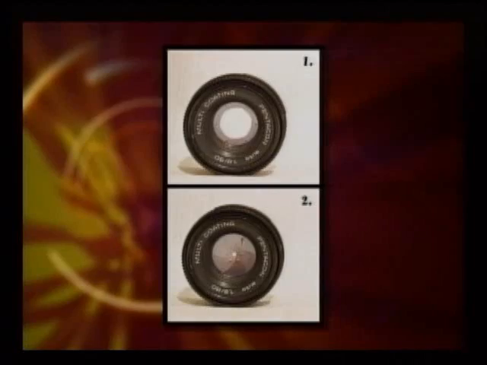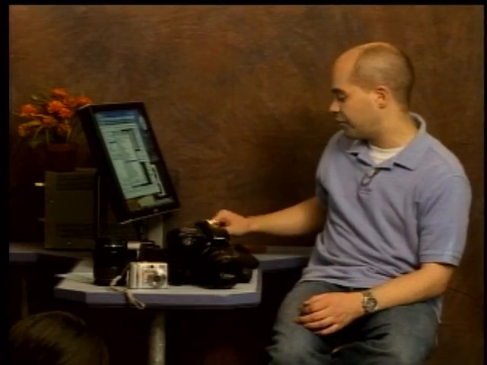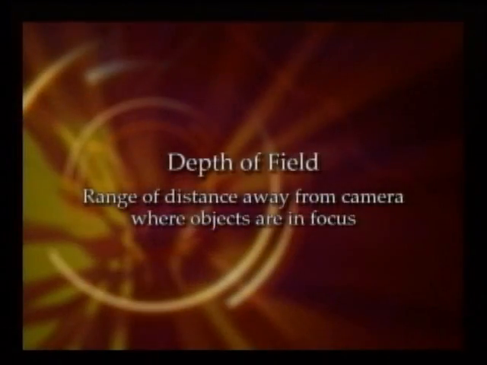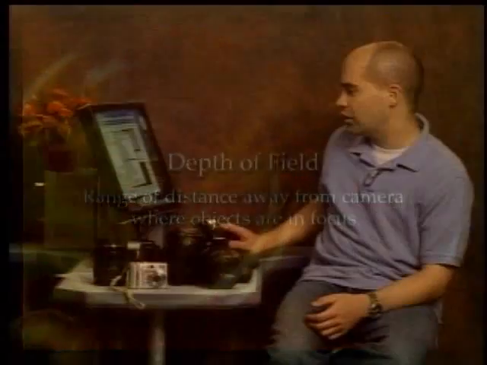And controlling the size of the aperture also allows you to control what's called the depth of field. Like I said, we'll cover that in a lot more detail later, but for now suffice it to say that the depth of field is the range of distance away from the camera where objects are clearly in focus. So if you've got a shallow depth of field, you have a very small distance away from the camera that's in focus. And with a large depth of field, you might have everything in focus. So we'll cover that a lot more later.